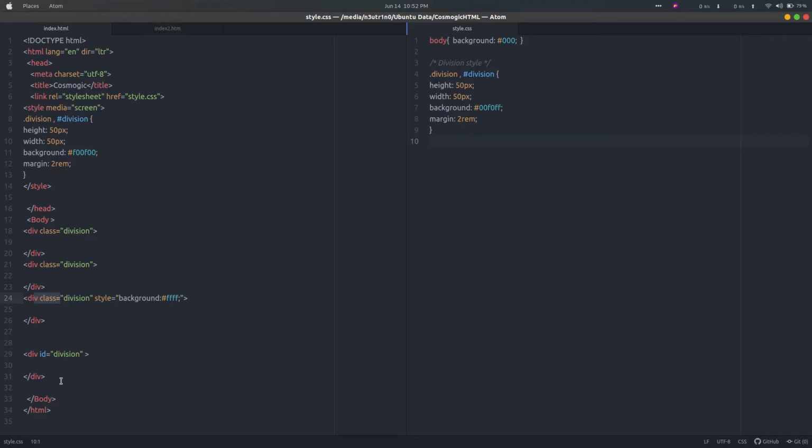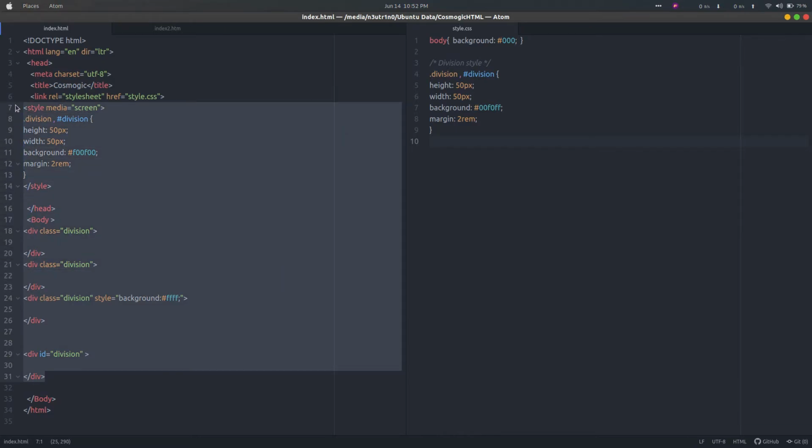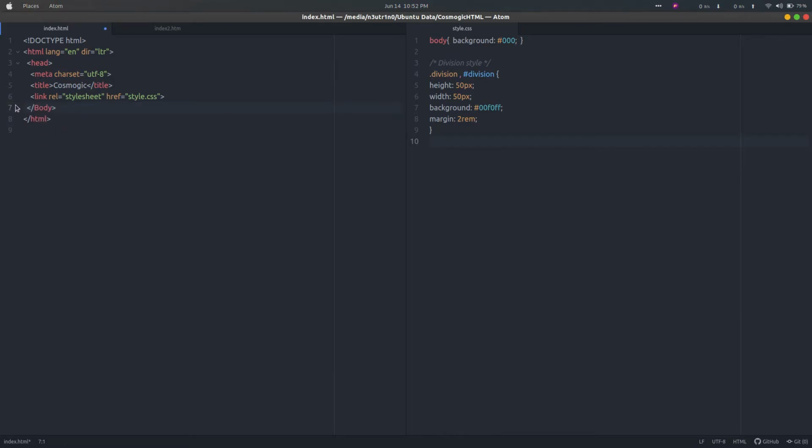Now let us talk about the tag properties. Let me quickly clear this out and create a body tag again. The body tag is created. I will clear all this. Now let's talk about the properties one by one. You all know this background property here. Background is a property and this is the value, hash ff have 00.